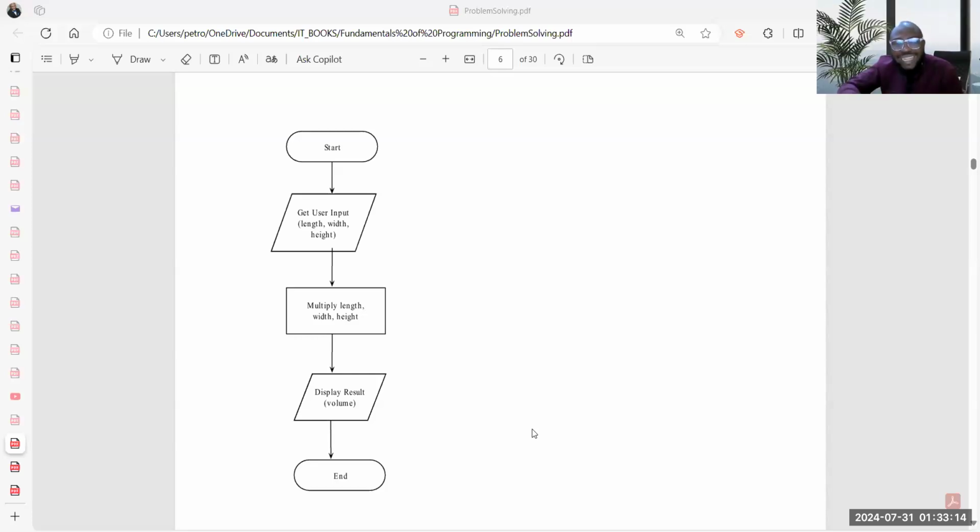And that is why we refer to it as a predefined symbol. For instance, the oval represents start and stop. And you can see start and end here, having the same type of symbol. If you use it as a start, an arrow comes out of it.